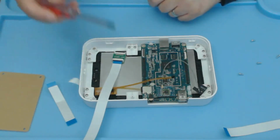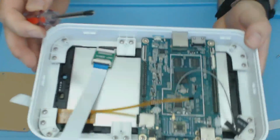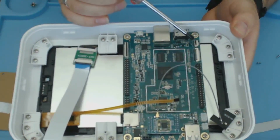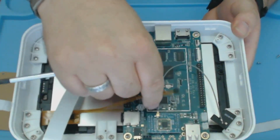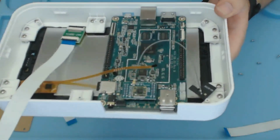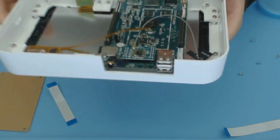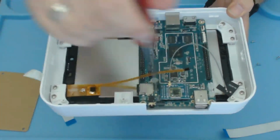Because what we have now is we have this cable. If I lift it up a bit, let you see it a bit clearer. This cable here needs to plug into that plug there. This one. And that's it, pretty much at full stretch there, so there's no way that's going to plug in there. We also have this cable that needs to plug into there, which is no problem at all. However, in order to get that to plug into there, we're going to have to turn the touchscreen round,